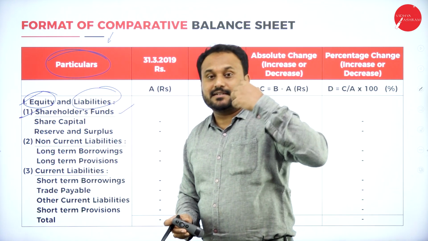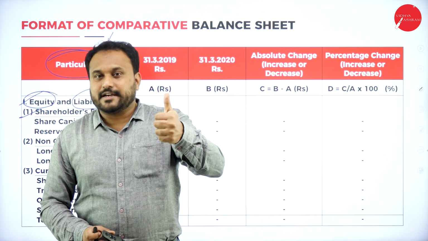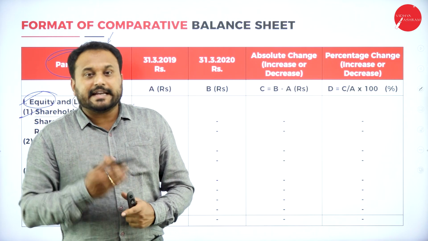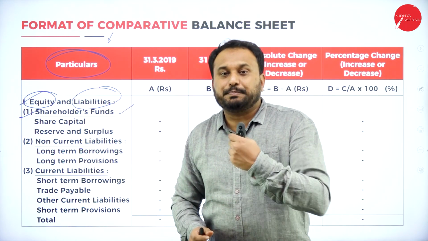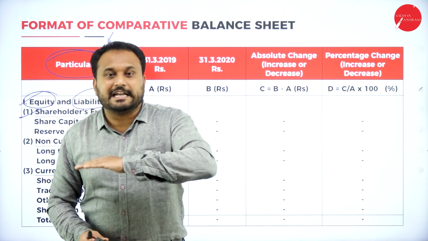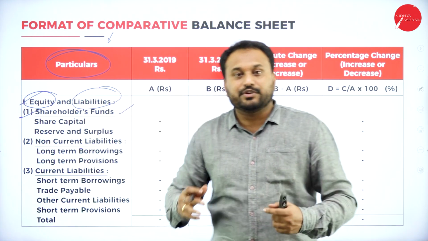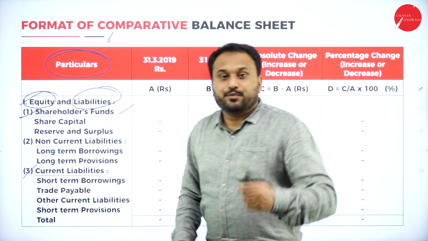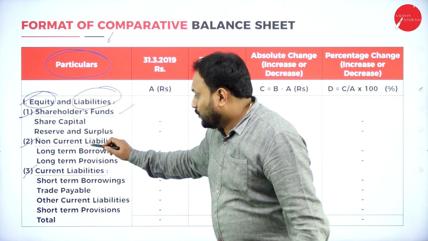How to memorize it? Sir, you have written so many things, how exactly are we supposed to go with it? Very simple. We have non-current liabilities and current liabilities. First, current liabilities are the money which you are liable to pay to somebody within 1 year. Those are called current liabilities. Non-current means you can take more time, more than 1 year, but you are supposed to pay. That is called non-current liability. So, whichever you will give within 1 year, put it in current liability. Whichever you can give after 1 year, that is non-current liability. Simple.